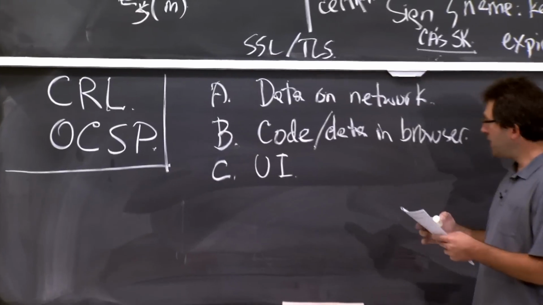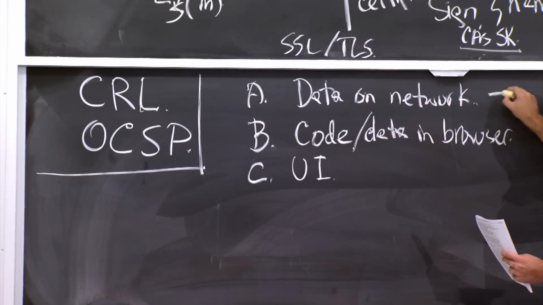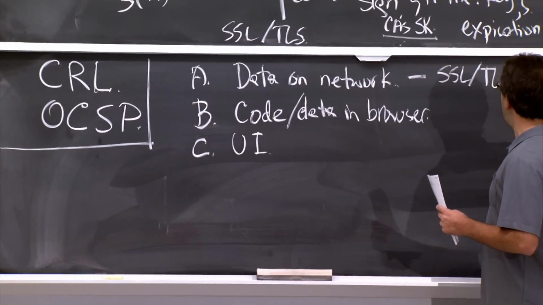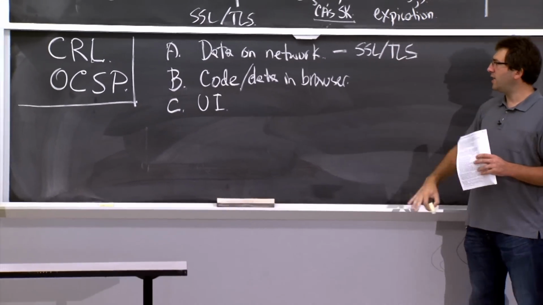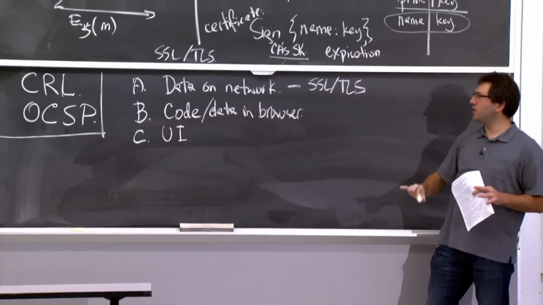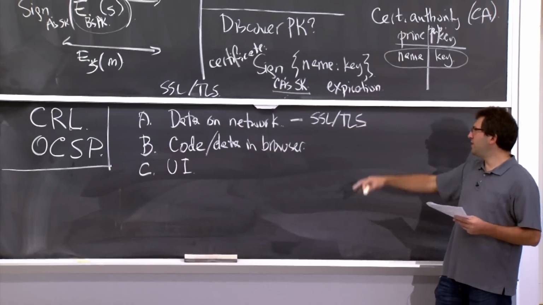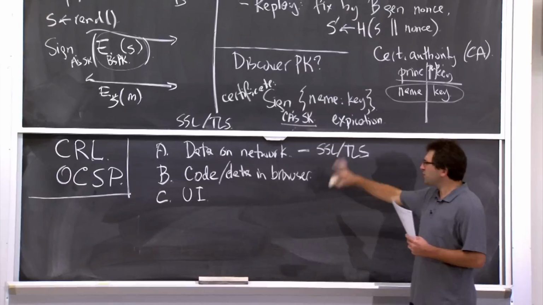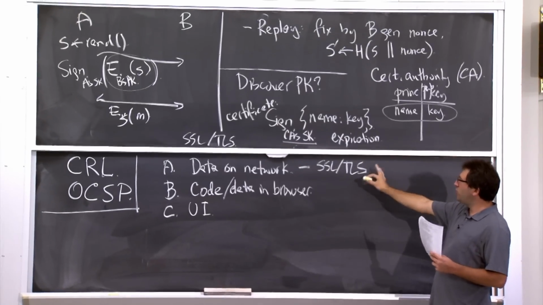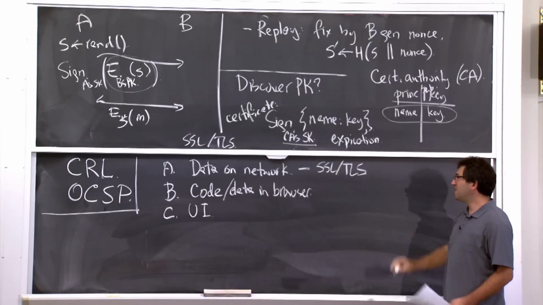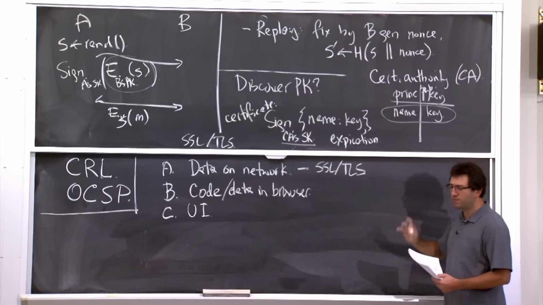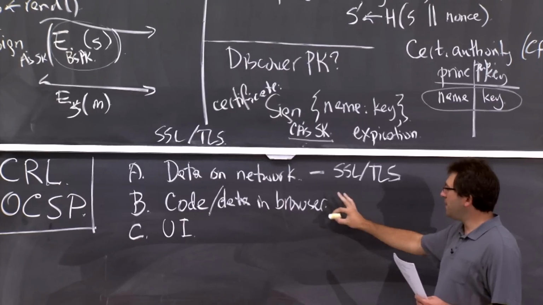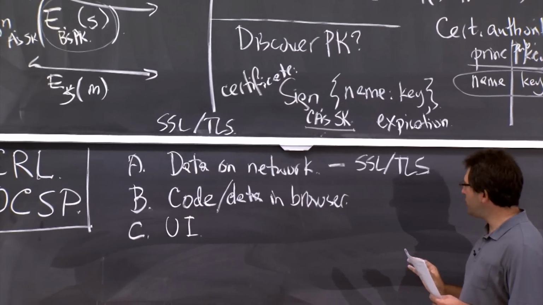As I mentioned, for protecting data on the network, we're just going to use this protocol called SSL, or TLS now, that encrypts and authenticates data. It looks very similar to the kind of discussion we've had so far. It includes the certificate authorities, etc. And there's, of course, many more details. TLS is hugely complicated, but it's not particularly interesting from this angle. All right, so protecting stuff in the browser turns out to be much more interesting.